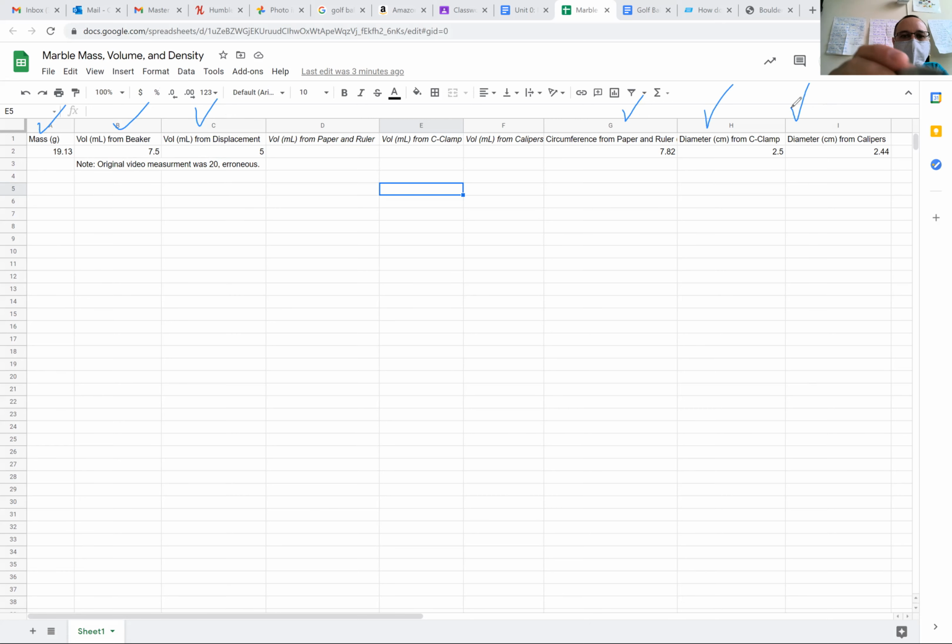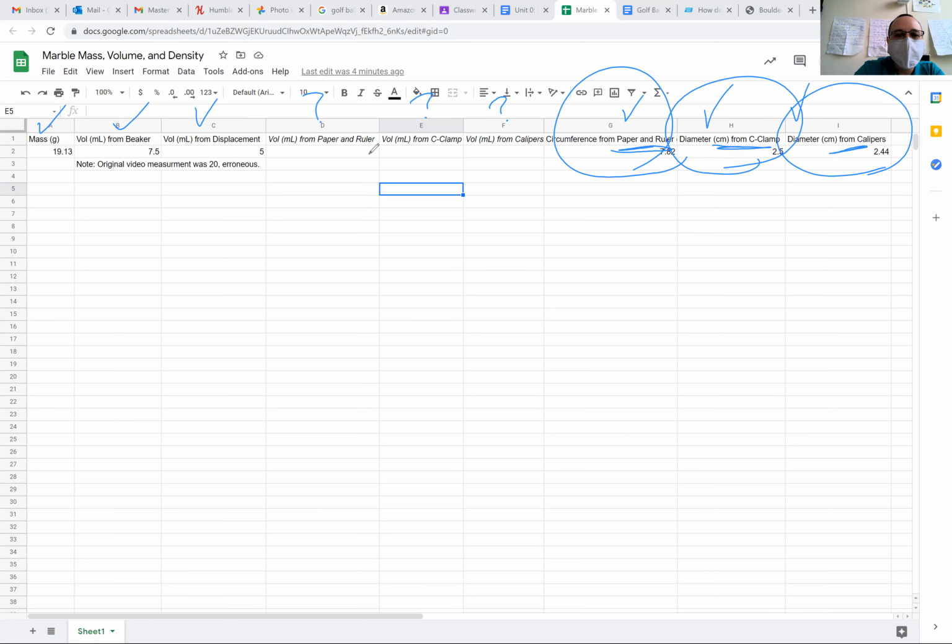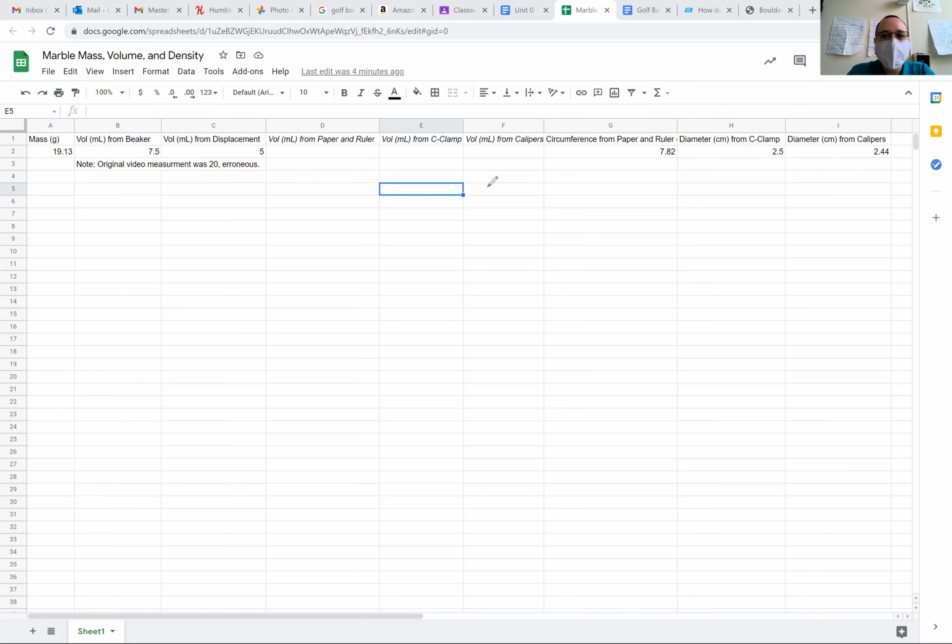Well, next we need to figure out what its volume is given each of these measurements. Each of these measurements will give a slightly different volume. Okay, and so that's what we're gonna go ahead and calculate right now. All right, so how in the world do we do all of this? Well,